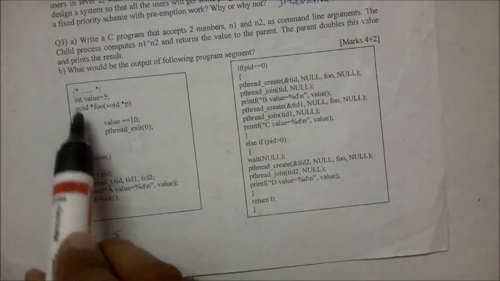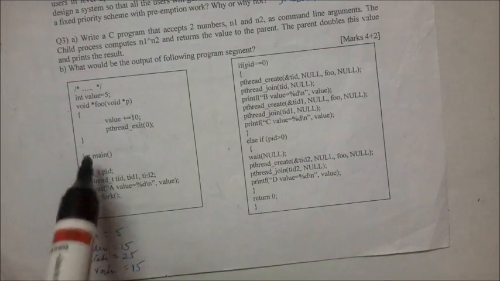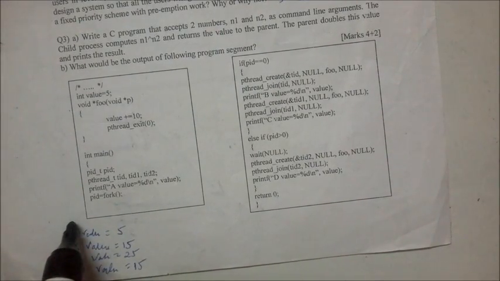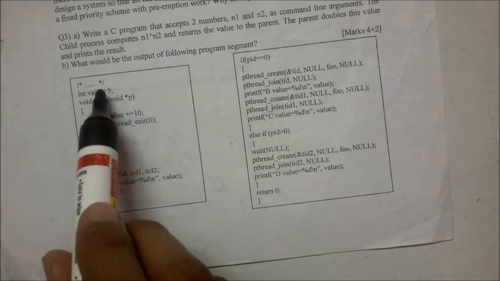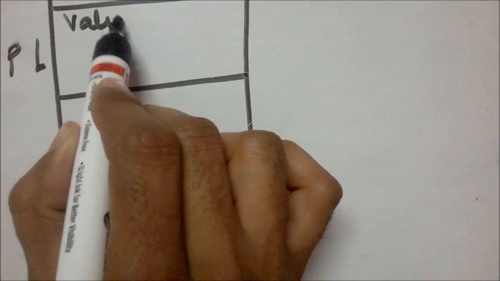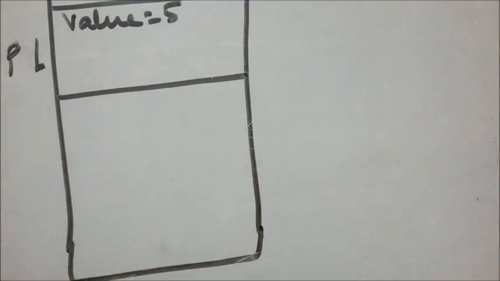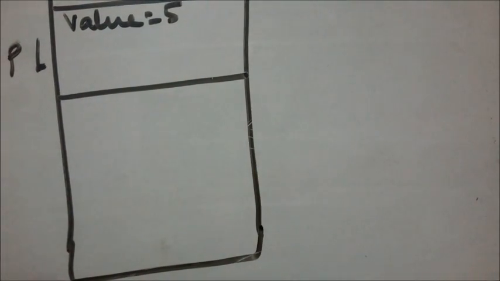And P1 is this one, the main process, the original process, right? So in the original process, value is equal to 5,